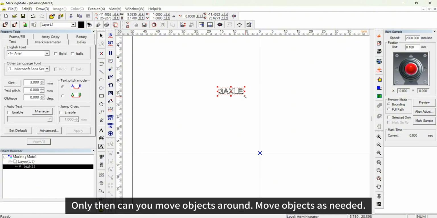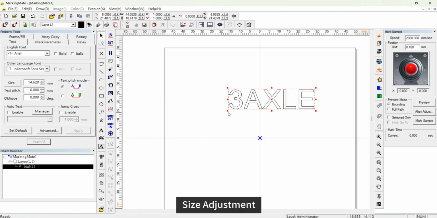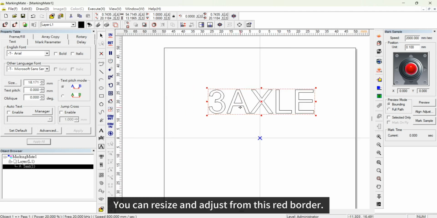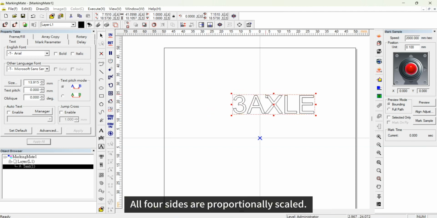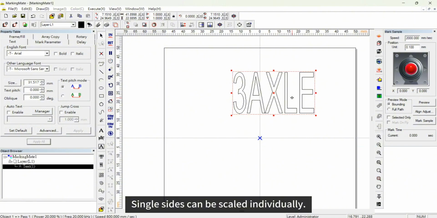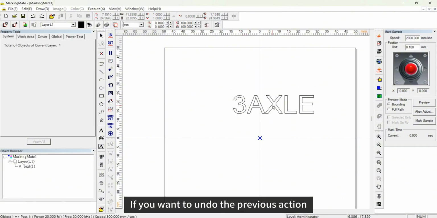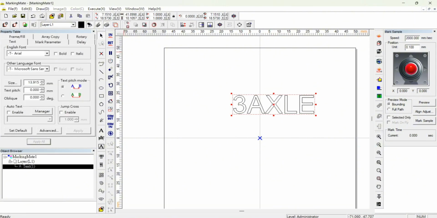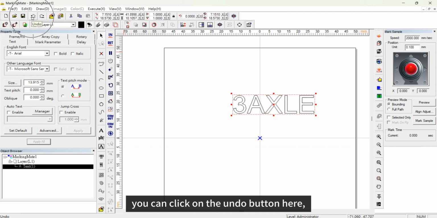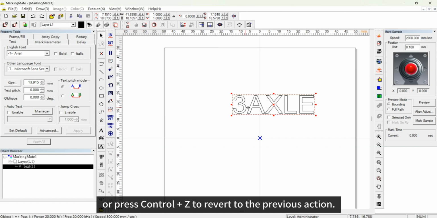Only then can you move objects around as needed. Size adjustment: you can resize and adjust from this red border. All four sides are proportionally scaled. Single sides can be scaled individually. If you want to undo the previous action, you can click on the undo button here, or press Ctrl+Z to revert to